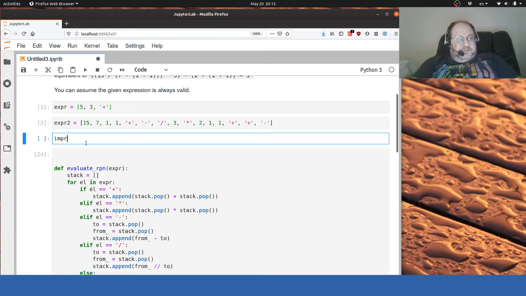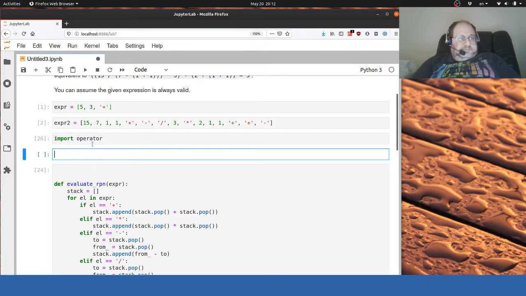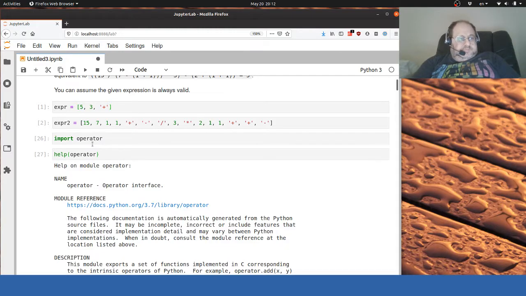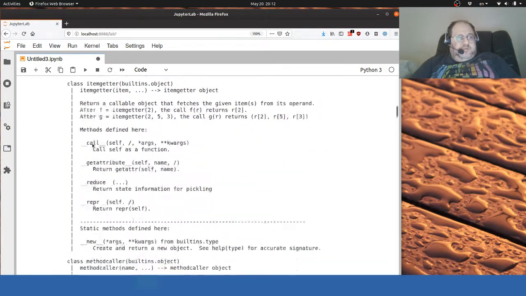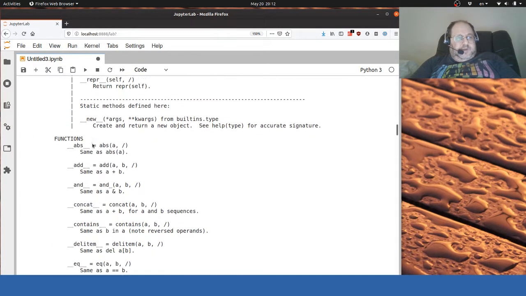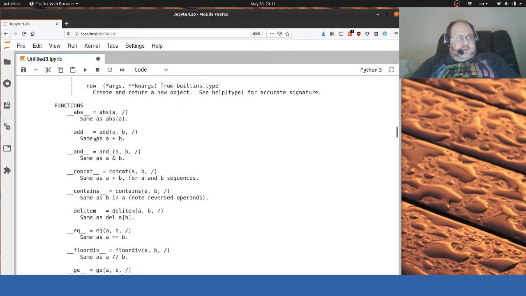Import operator. And now, of course, I don't remember. Okay, so operator is a nice module, and among other things, it has here add